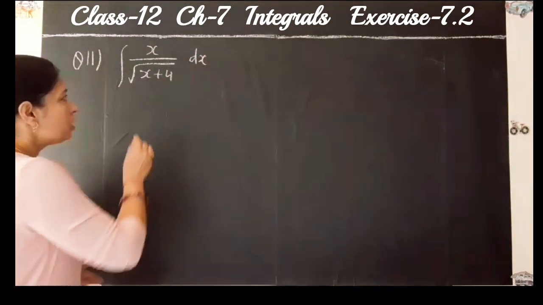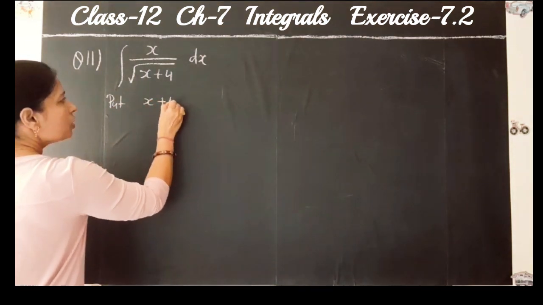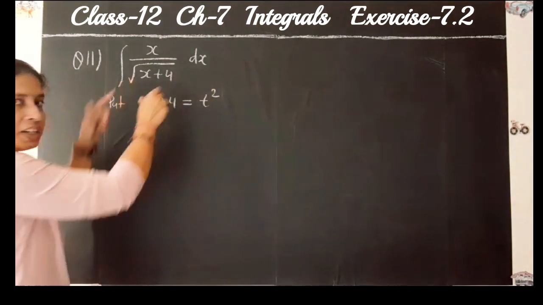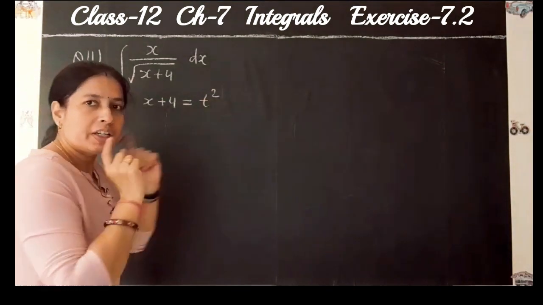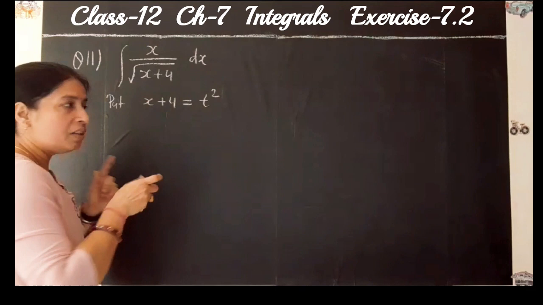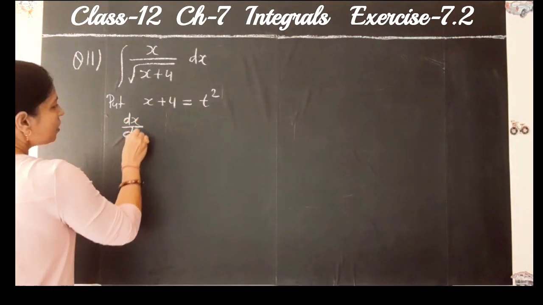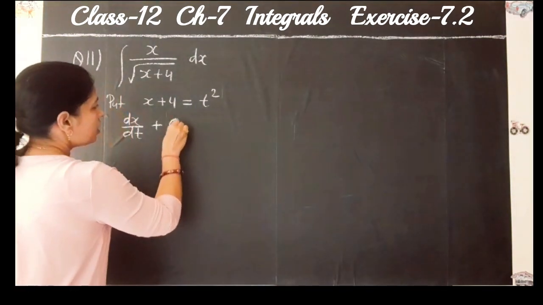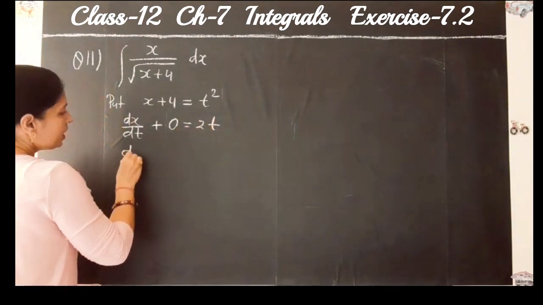So first we put x plus 4 is equal to t square, because this one is given in square root. Now differentiate both sides with respect to t. We get dx by dt. First, 4 is a constant, so it will be 0, plus 2t. Then dx will be